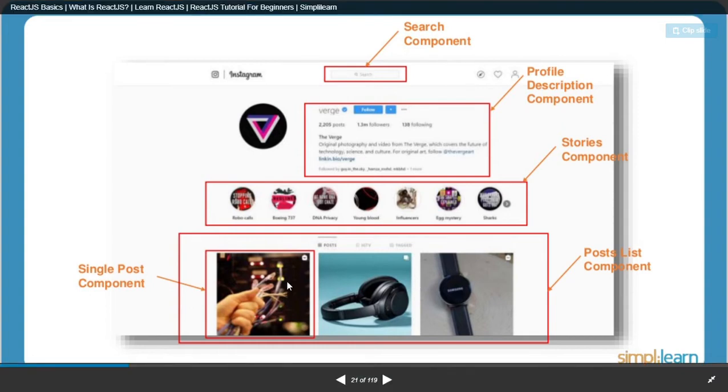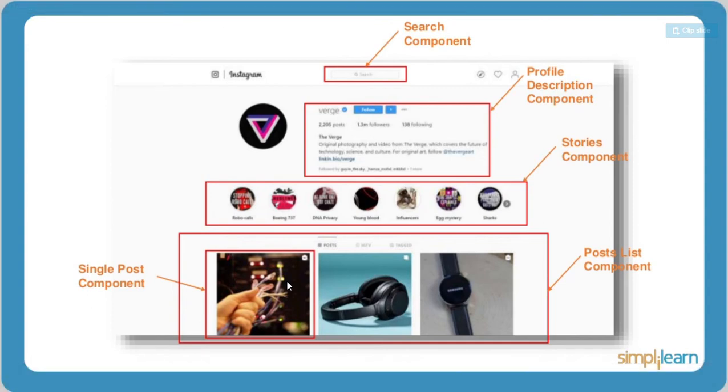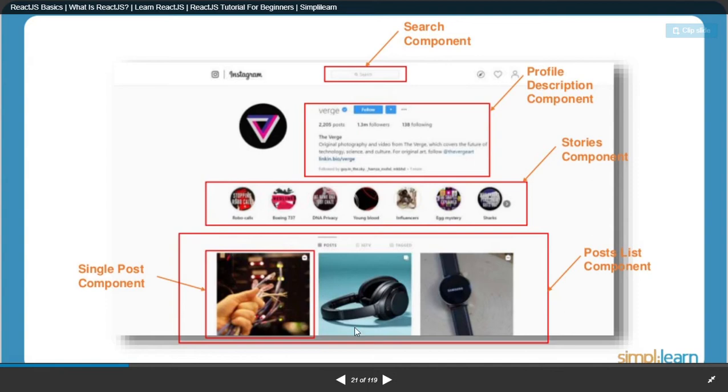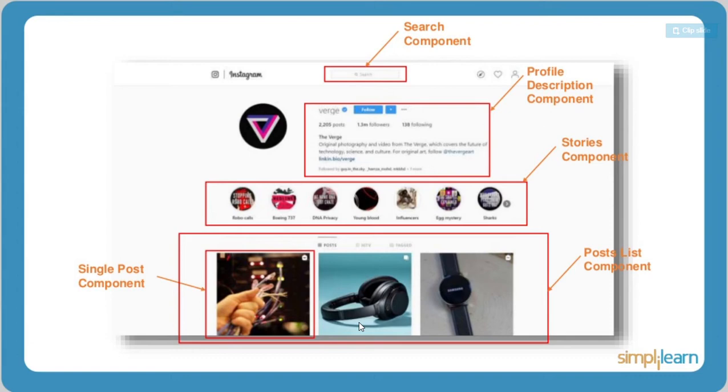With the single post component, you can map the entire data, so you can create a post list component with the help of that. So this is the main feature of why we are using React. We can build a single page out of different reusable components. We have now broken it up into 5 different components. Still, how the performance and those things are handled in React, let us see while going deeper into the session.